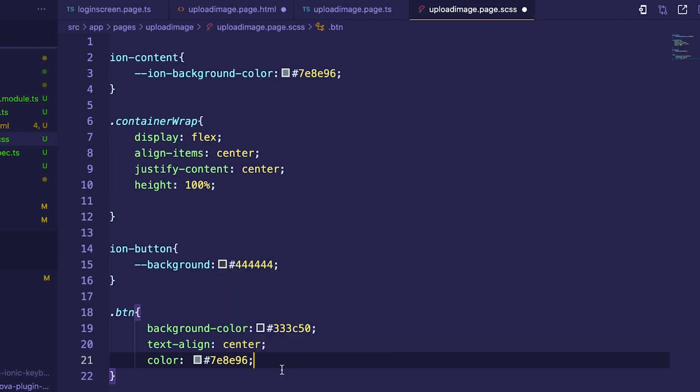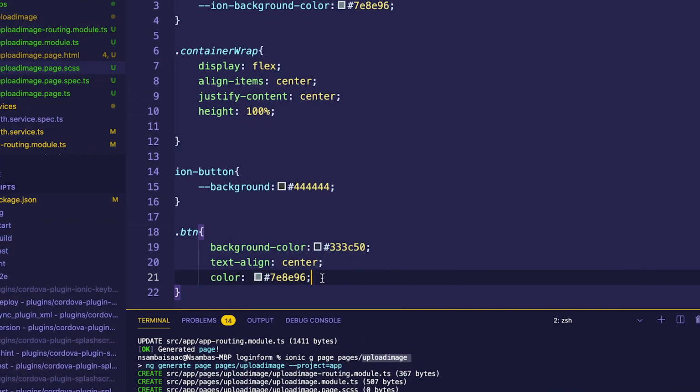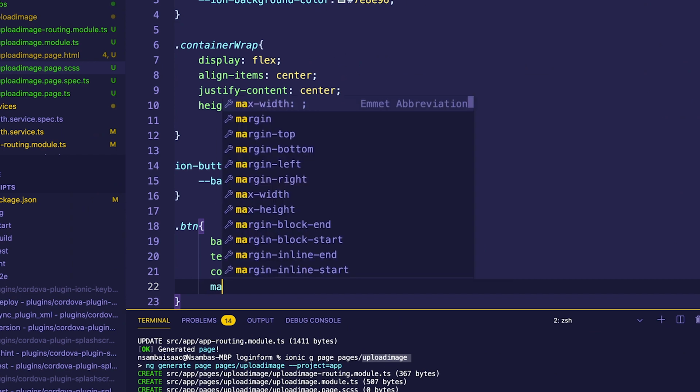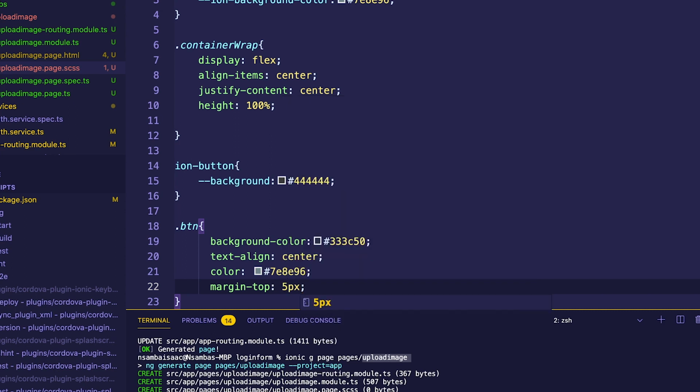Okay, so when we save, good. And we can just give margin top to something like maybe 5 pixels,